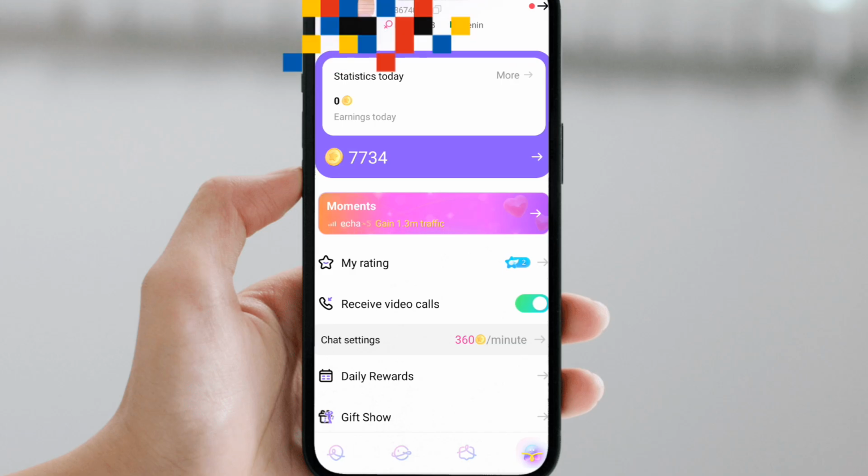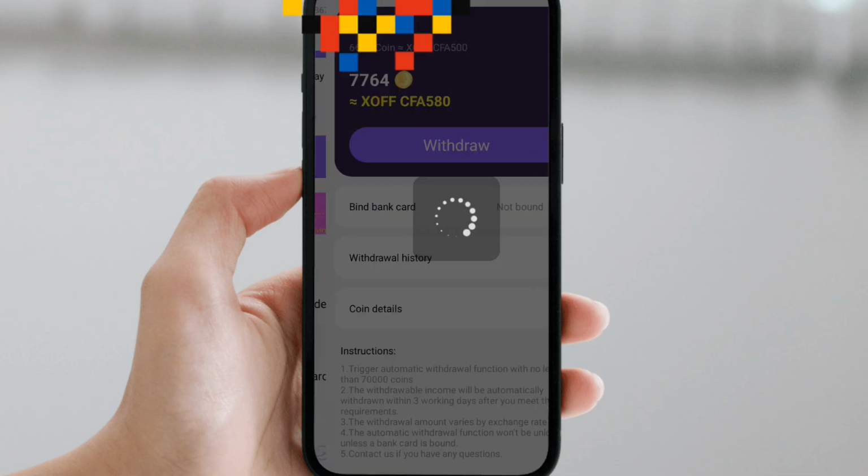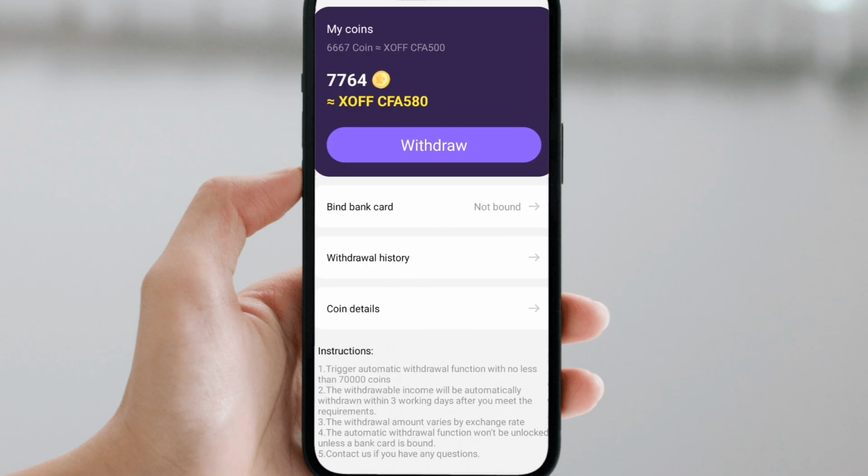This place now you are seeing 7,734. Once you tap it, it will take you straight to this interface where you can withdraw. This app is self withdrawal. You don't need an agent to withdraw for you. And on this app, you can do anything for yourself. The only thing you need to do for me is just to use my invitation code to register on this app. All right. So make sure you use the invitation code and register so that you'll be able to withdraw your money, so that you'll be able to see this interface.